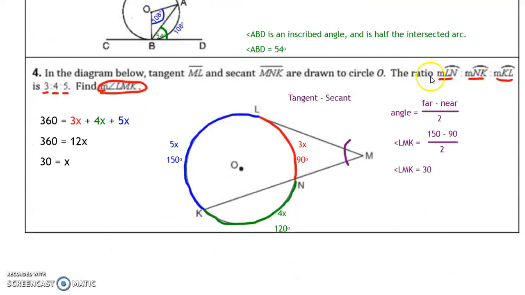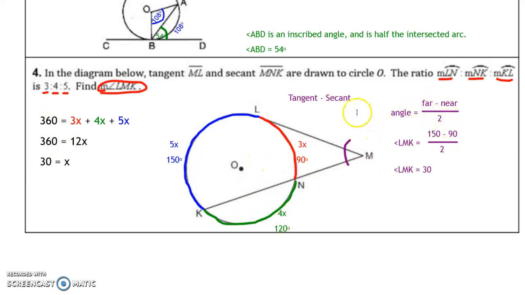And then last but not least, it gave us a ratio. Ratio problems are solved like this. 3 to 4 to 5 means 3x, 4x, and 5x. So we label the circle. We know that all of those arcs together equal 360 degrees, so we solved for x. We substituted that value of x into each of these measures to get our arcs, and then we did far